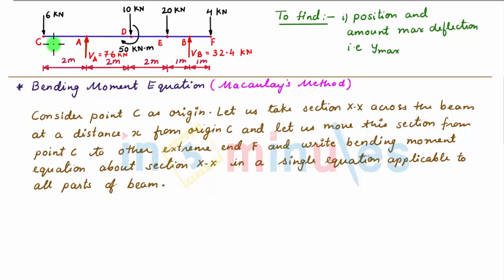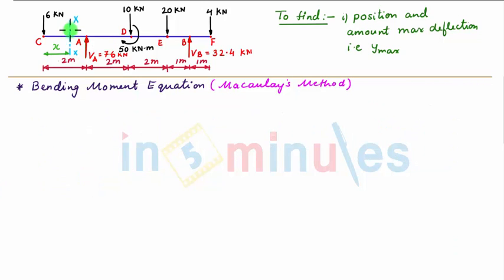Now we see here there is no uniformly distributed load, so we do not need to make any kind of load adjustment on the beam. So let us take a section XX which is between point C and A and at a distance x from the origin point C. Now writing the bending moment about section XX, considering the left hand side of section, we have